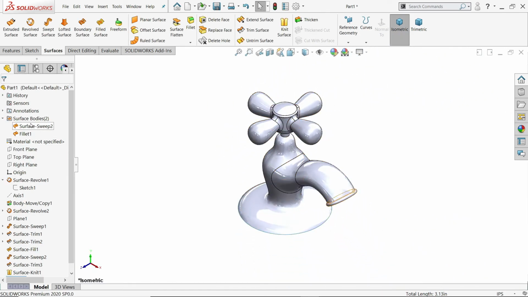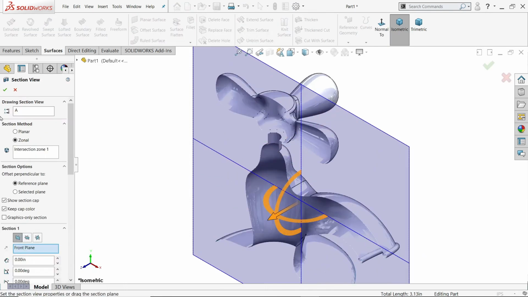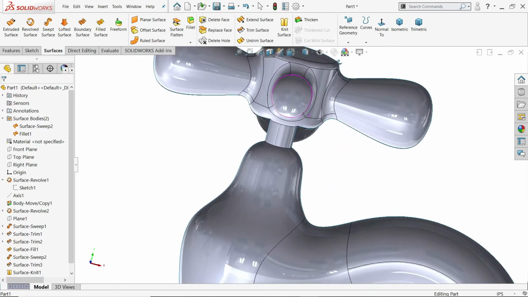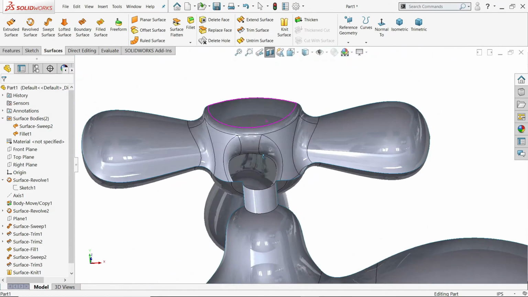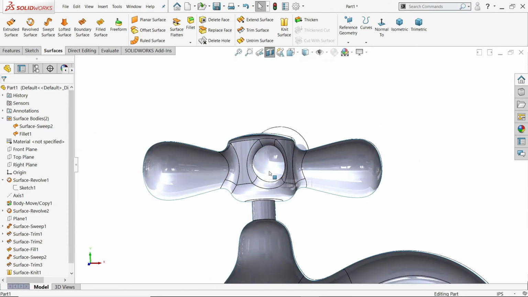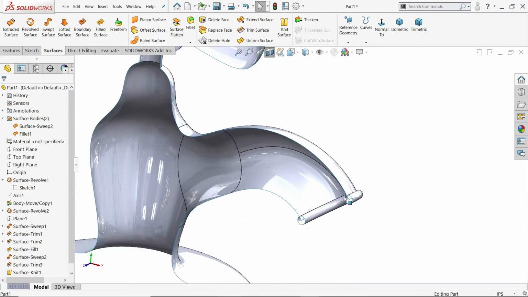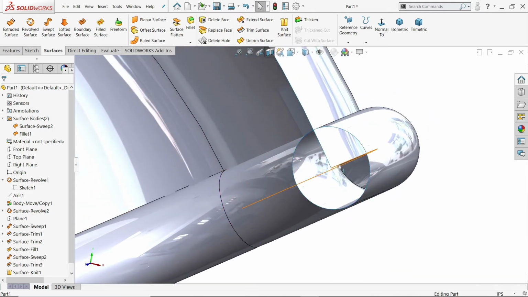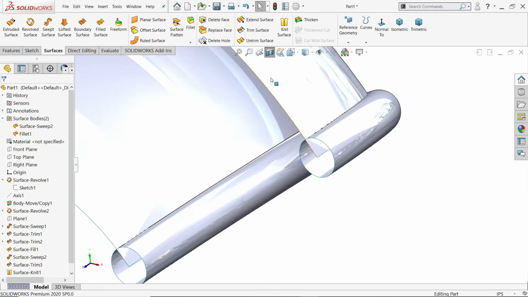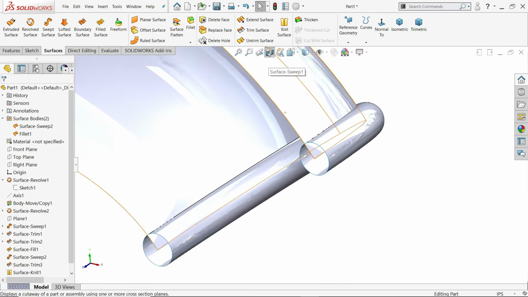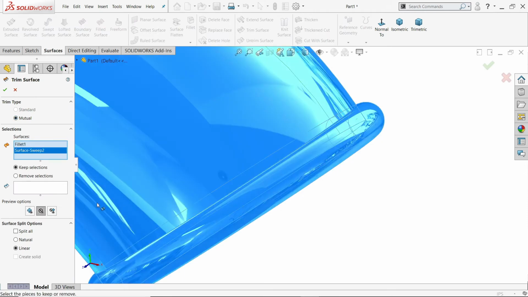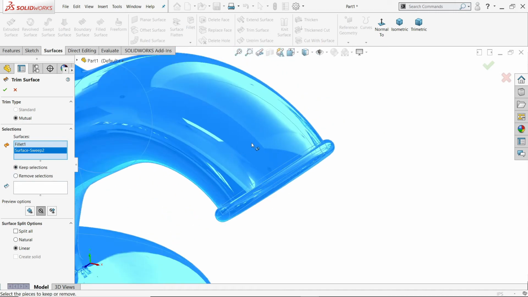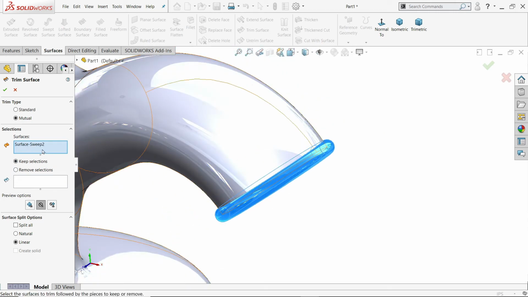If I am going to use section view, front section view, OK. Look, everything is trimmed from inside. See, every path is open. Now if you want to trim this inside line, so I am going to choose trim surface, first exit, trim surface, mutual, this one and this one. Now here select keep selection, keep. I am going to choose this one. Sorry, first you have to